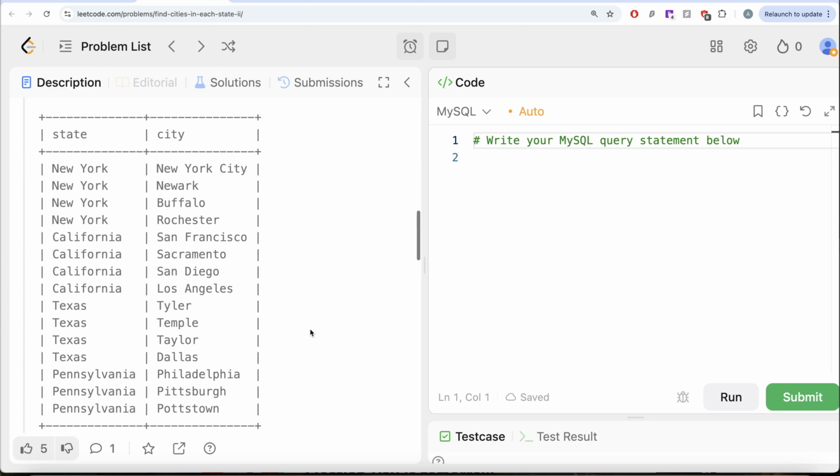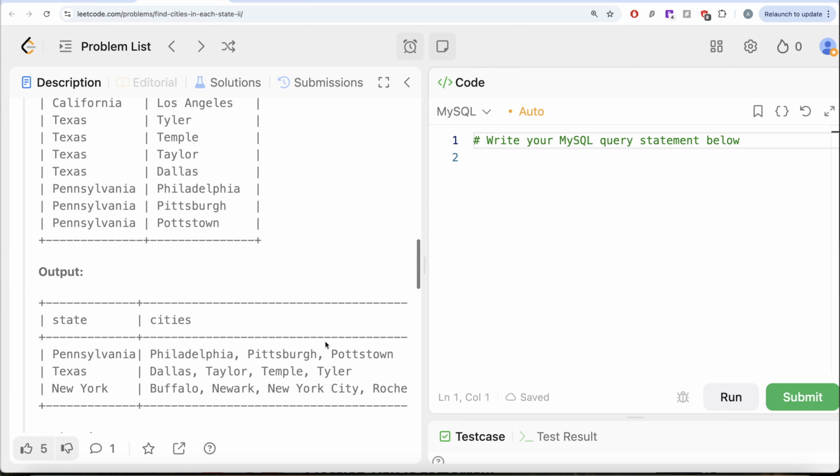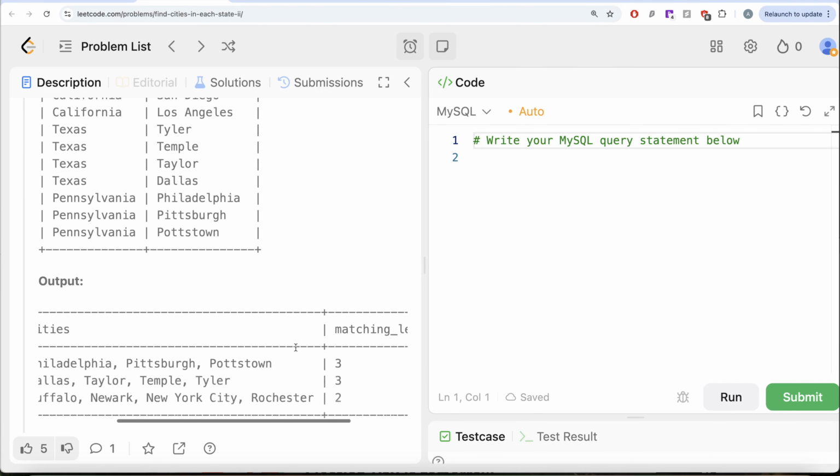So if we look at New York, yes, there are 2 cities which start with N. In California, there is none, so California should not be in the output. For Texas, you have 3 cities which start with the same letter T, and in Pennsylvania, you have 3 as well. So in our output, out of Pennsylvania and Texas, if there is a tie, then it says state name in ascending order. Since P comes before T, we have Pennsylvania, Texas, and then New York, and that is what we have in our output. And just look at this, there are not only 2 columns, we have a third column,